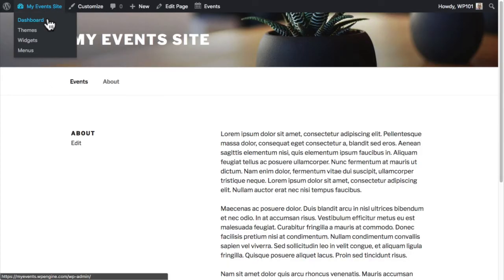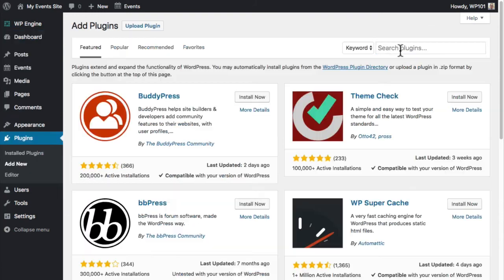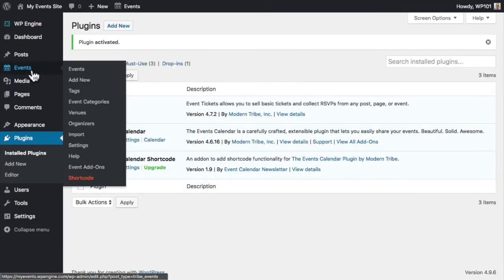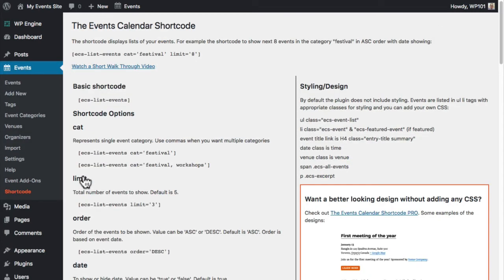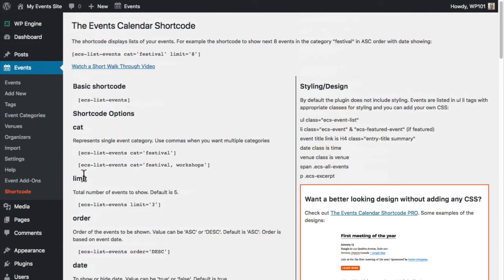In the admin area of your site, go to Plugins, Add New, then search for the Events Calendar shortcode. Install and activate it. Under Events, you'll see a new shortcode option where you can see all the options available, like showing events only in a certain category and how many events to show at a time, using the shortcode